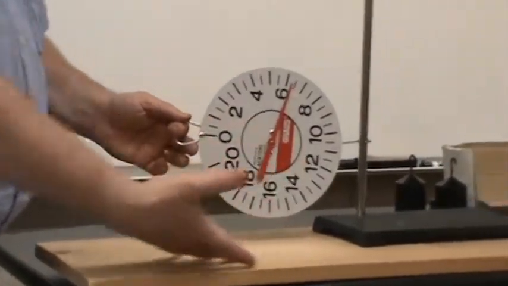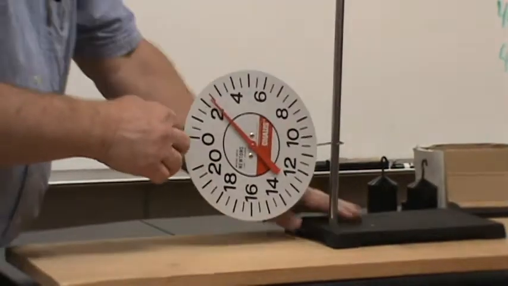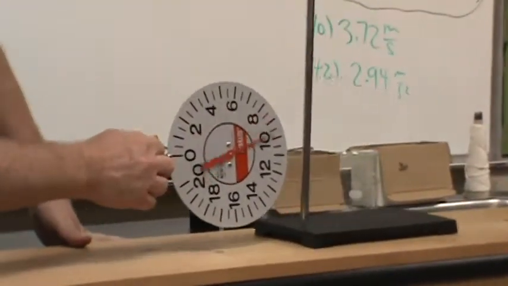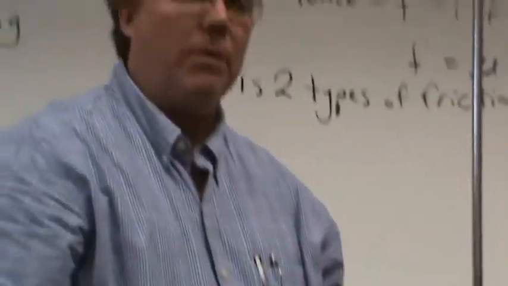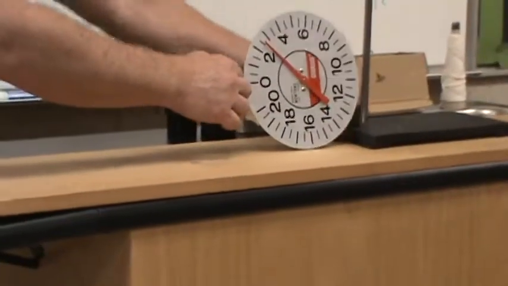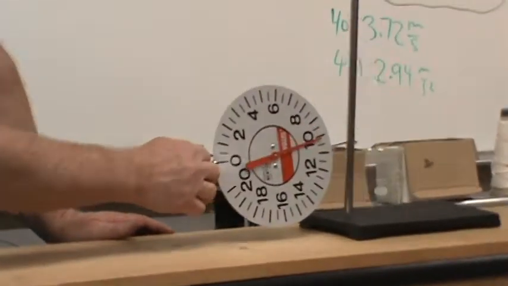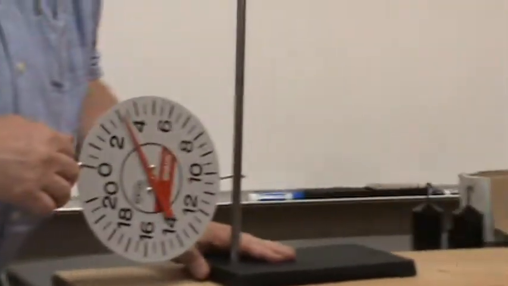See, my problem is this board is so irregular that it's hard for me to get consistent data. But I just want you to see, for the most part, it usually takes more force to get something moving than to keep it moving. For me, approximately 10 newtons to start it moving, approximately 8 or 9 newtons to keep it moving. You guys okay with that?